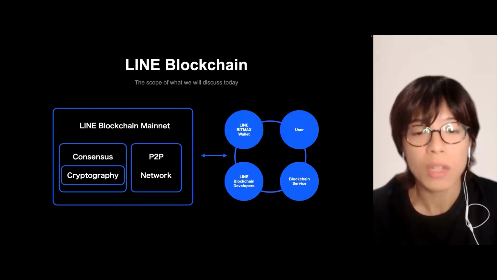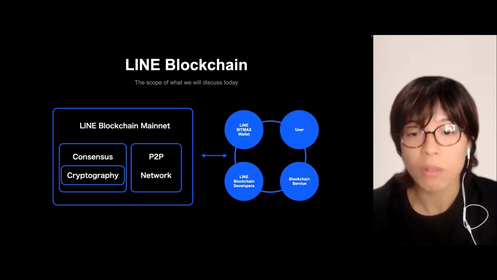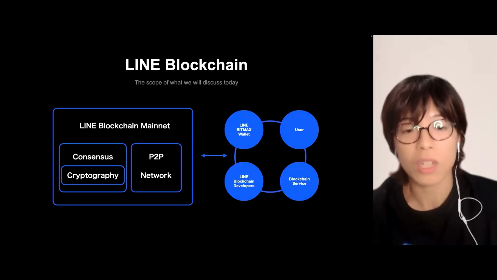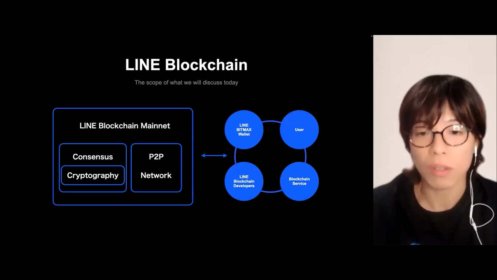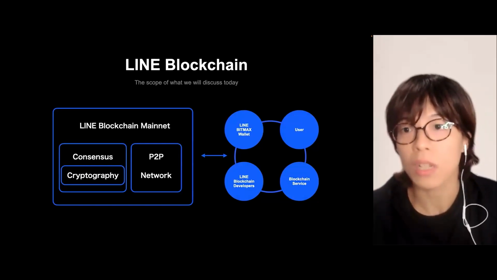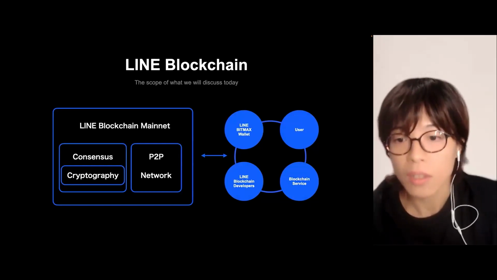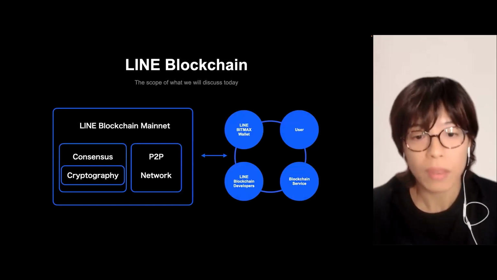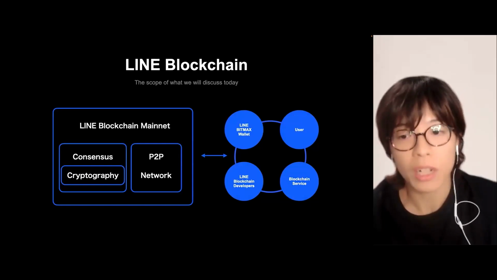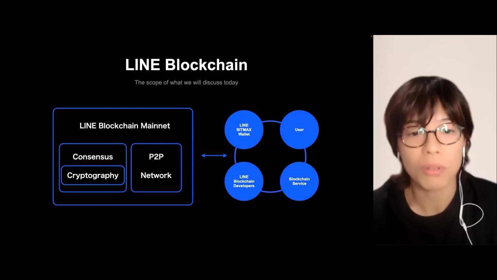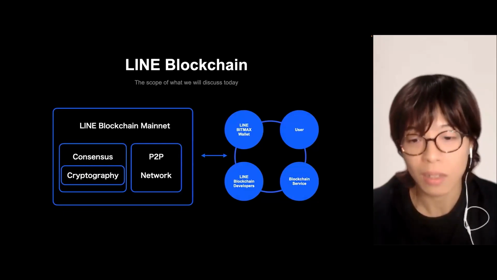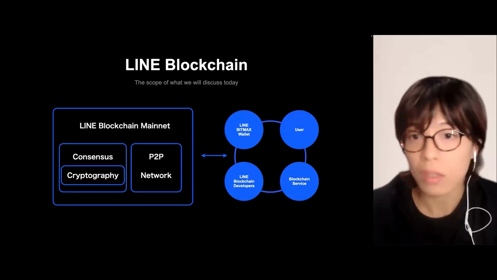As indicated here, in the LINE blockchain mainnet, consensus on the P2P network is the main element. A transaction from a single machine is propagated over the other state machines. This is what we call gossiping. So for consensus, the generated transactions are propagated to all the state machines, and the state after the transaction should be the same in all the state machines. Next, let's look at what's inside.